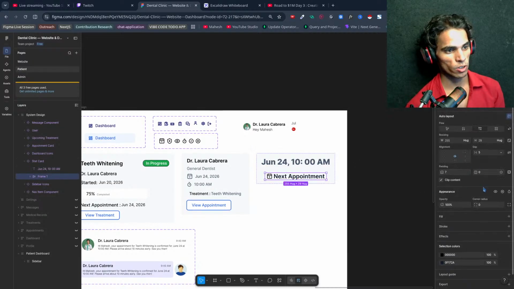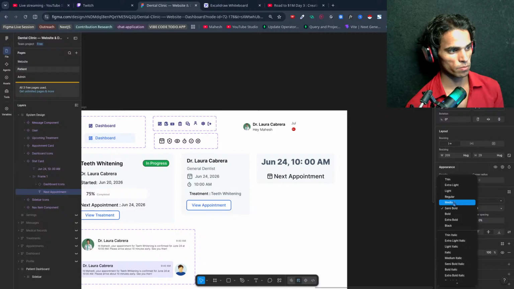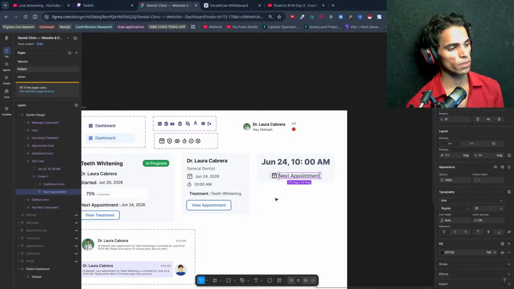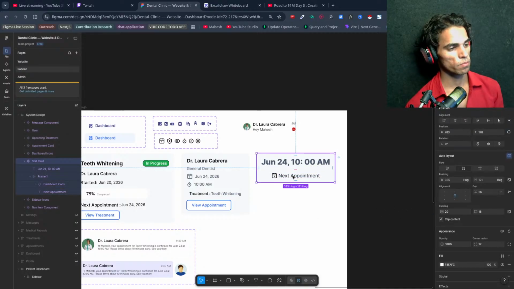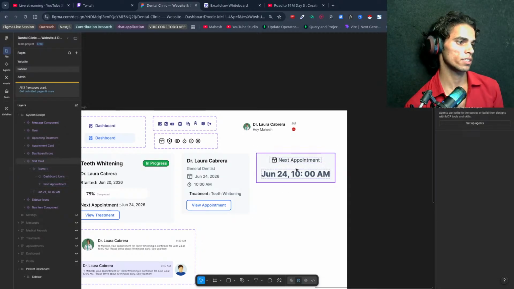Next appointment, I want to make this section a little different. Let's keep it medium, or we can keep this at top, but the details should be like this. Next appointment this.